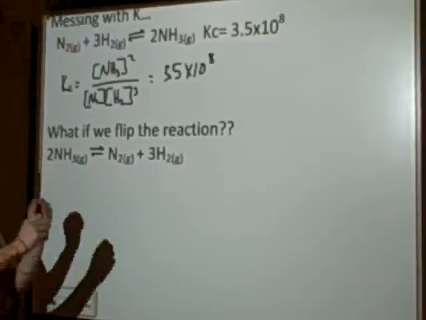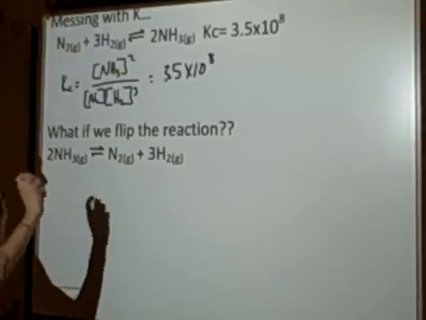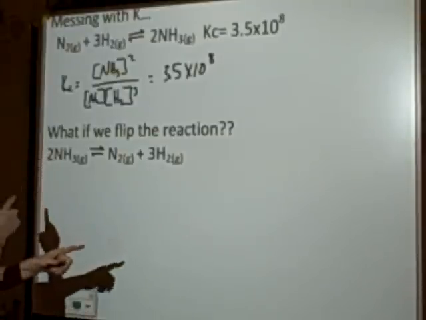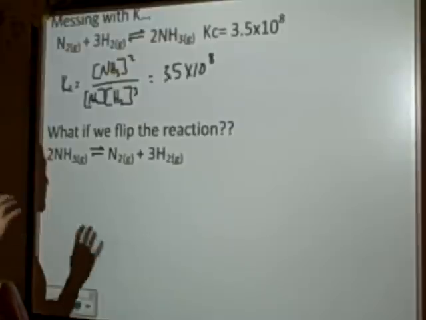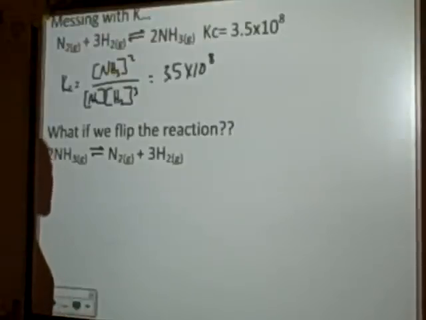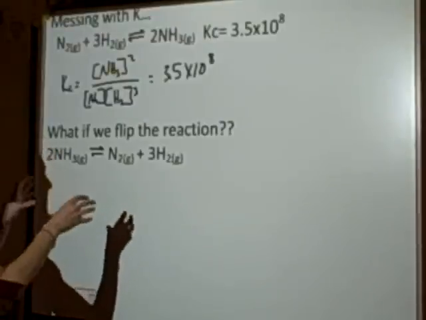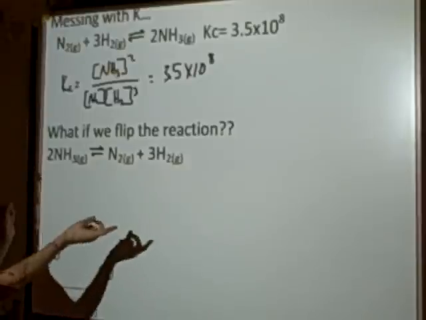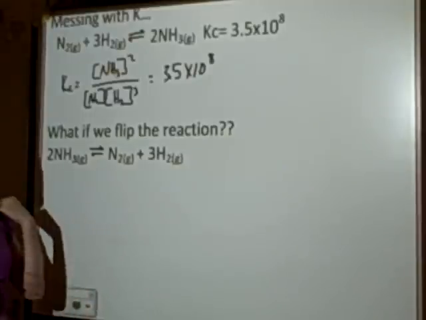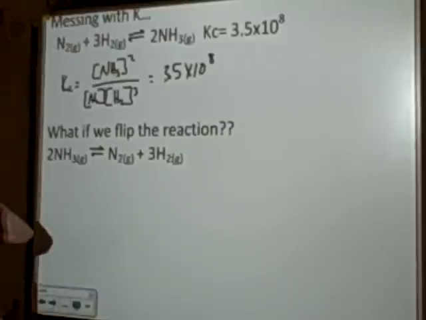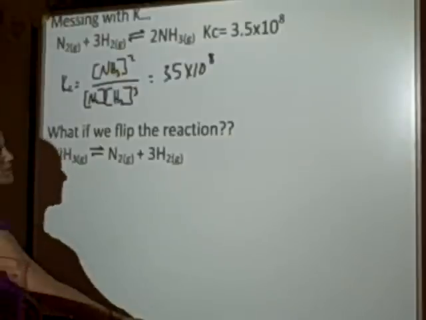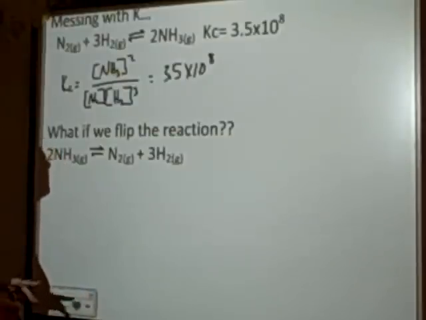We saw that we could manipulate a step in a reaction, such as flip the step or double the step, and that would require something that we had to do to the change of enthalpy. So if we doubled a step, we'd double the change of enthalpy. If we flipped a step, we would flip the sign of the change of enthalpy. There are similar rules for Keq. So what we're going to look at is what different manipulations are going to require us to do to the